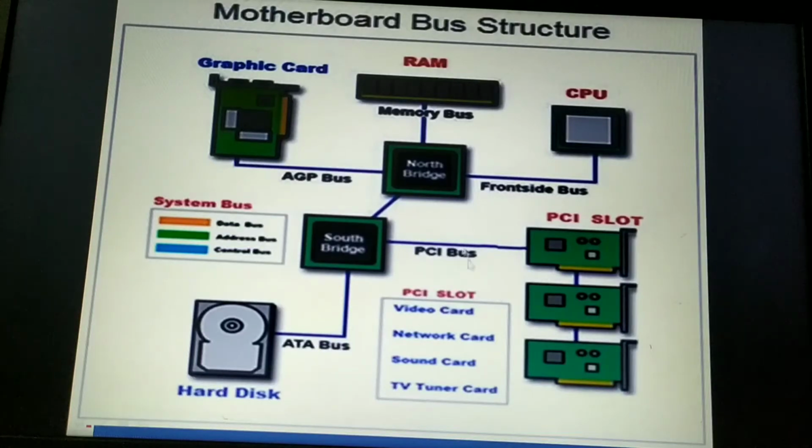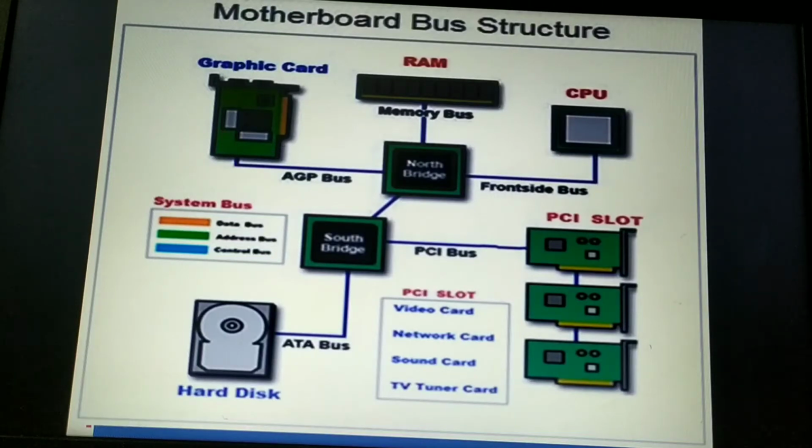Actually, graphics is also provided by the PCI slots, but the AGP is the enhanced version of the PCI slot. It provides you faster access to graphics, and it provides 3D graphics. It is mainly used for gaming purposes. The AGP slot is an advanced port designed mainly for video cards and 3D accelerators.